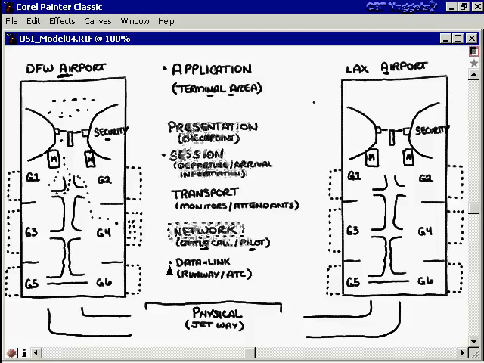OSI model made easy. So far we've looked at the OSI model, what it is, communication